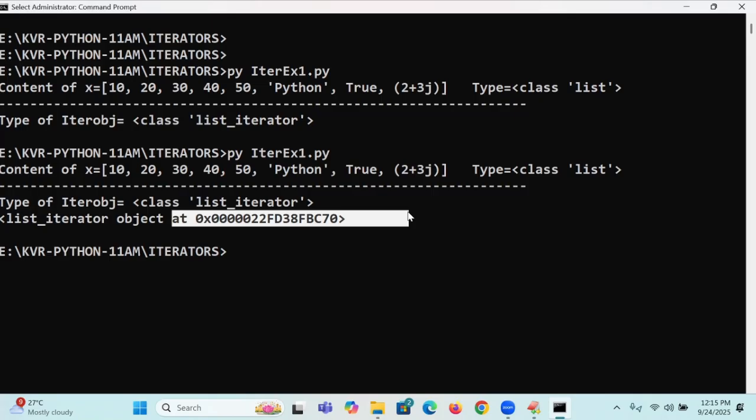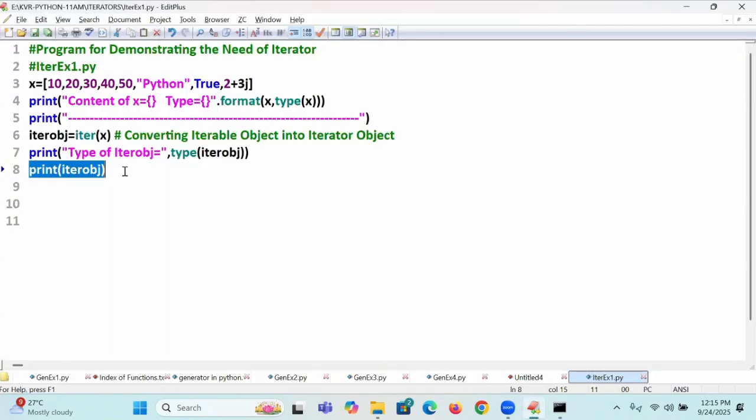To get the value from the iterator object, we use the next function.